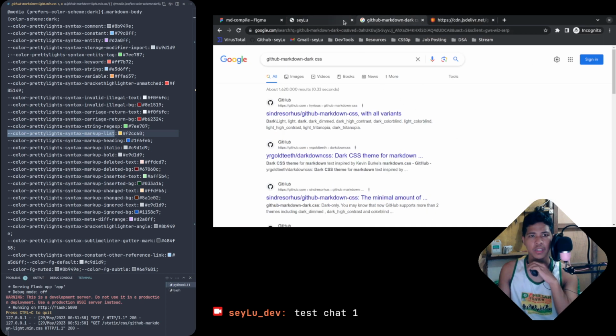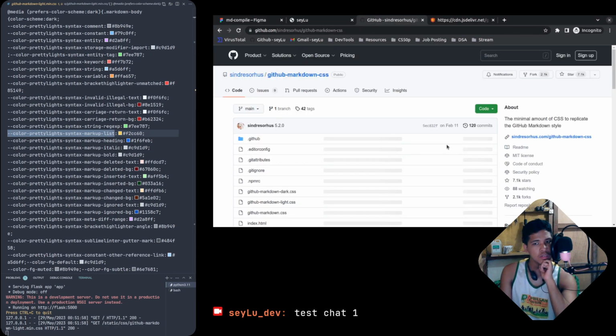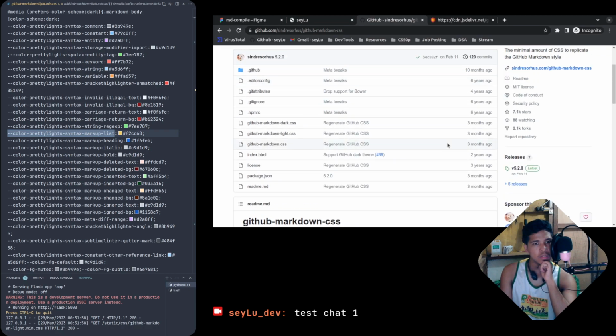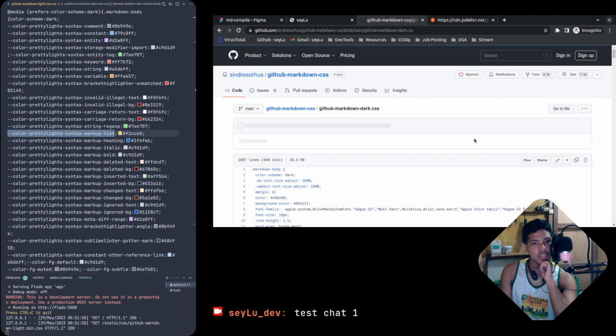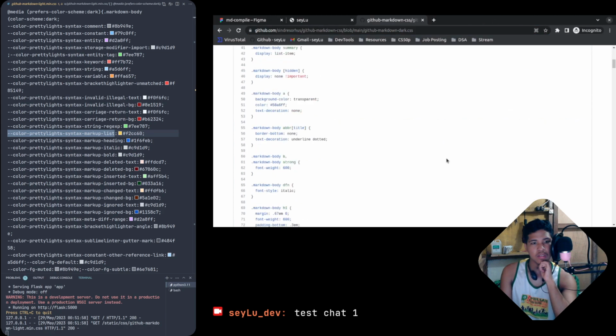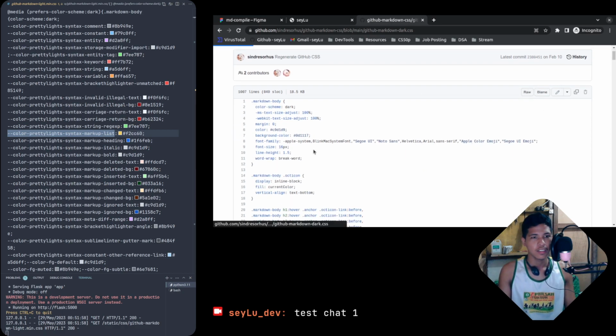Is this even the correct one? I'm not sure if it's the correct one. Oh, there. GitHub Markdown dark. So I guess I'll just get this. I'll just copy,